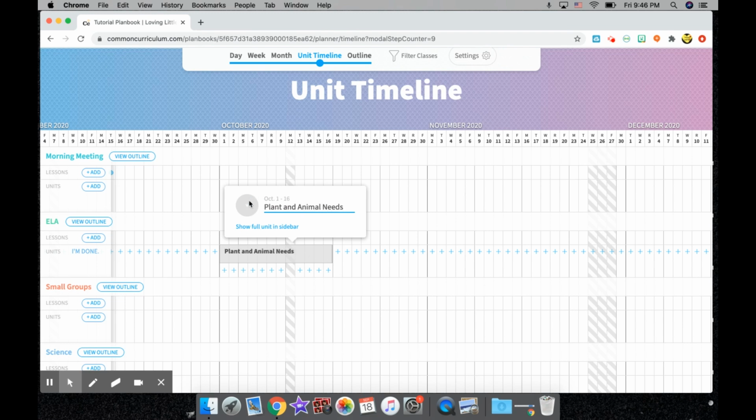And I can go ahead and give it a color. And let's say, actually I want to keep extending that unit even further, I can continue to go in and drag that unit for another week. And now I have my unit planned out. This is going to immediately attach all the lessons for ELA that I have for that day